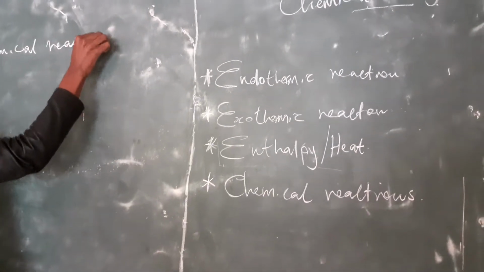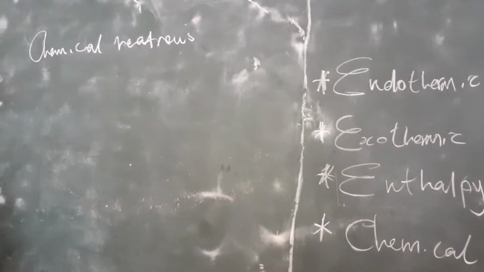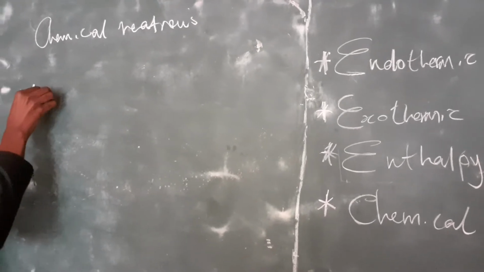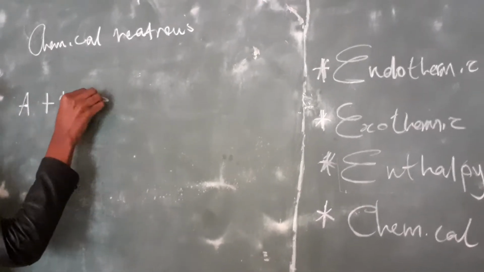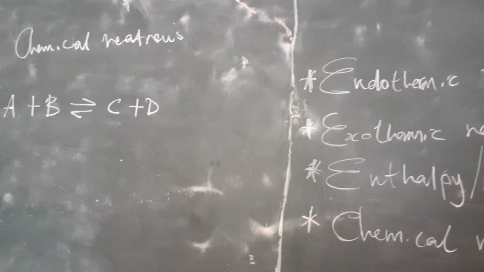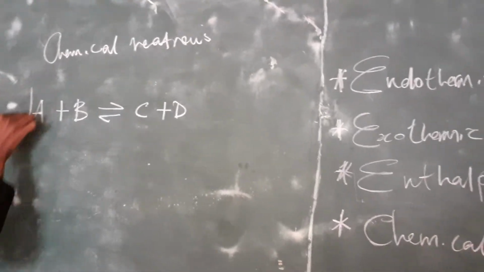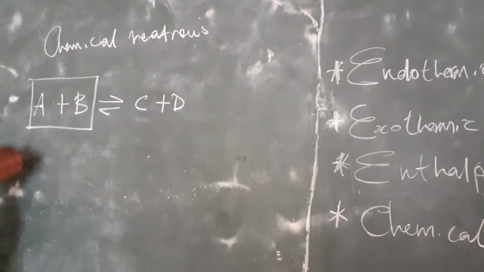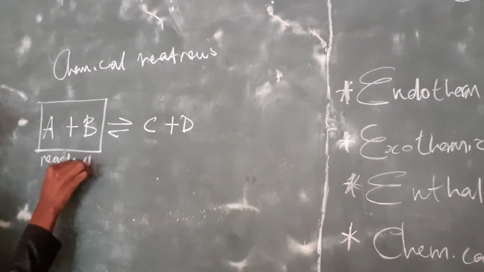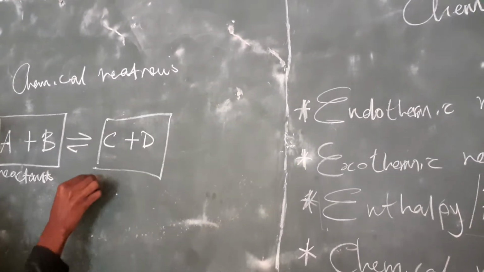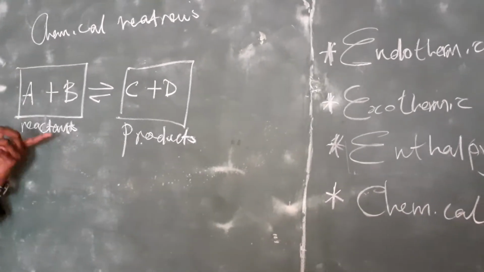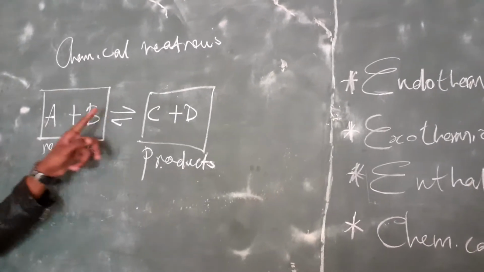So chemical reactions, I'm talking about when we have what you call reactants and when we have products. So let's say that I have A reacts with B, it will give us C and D. Remember that in chemical reactions, the ones that are on the left side are called reactants. And then the ones that are on the right side, we call them products. So looking at this, we are saying that A and B are reacting together to give us C and